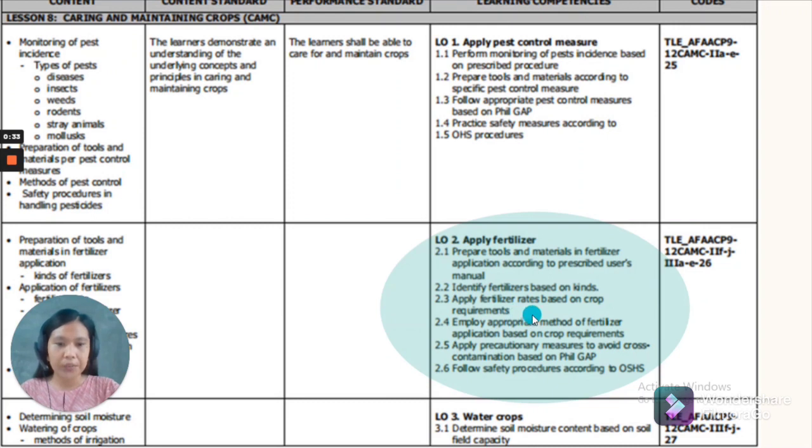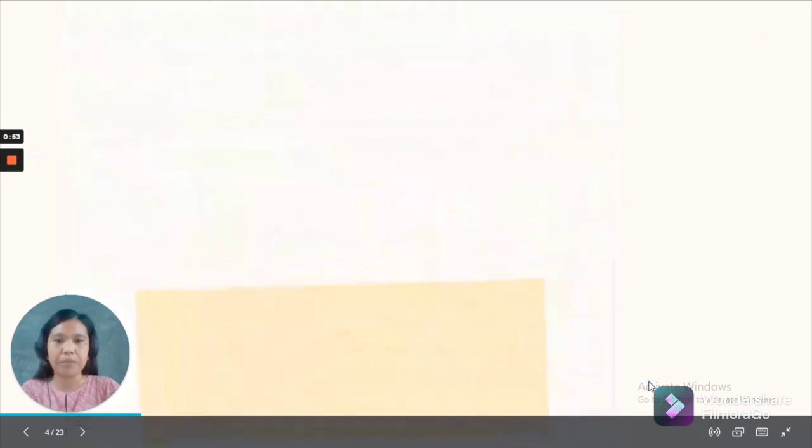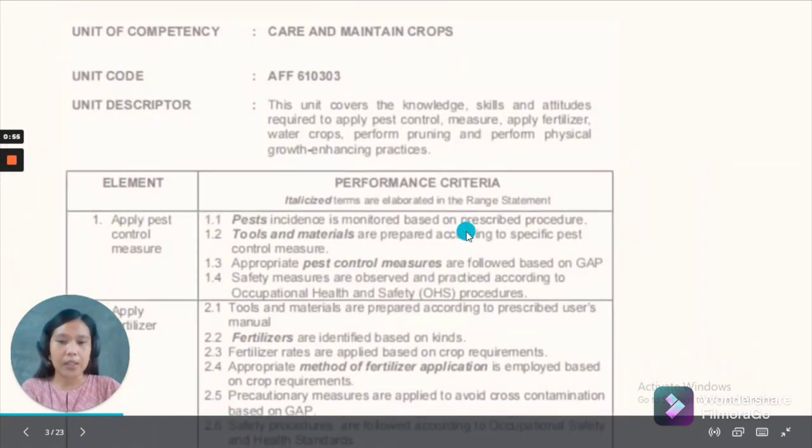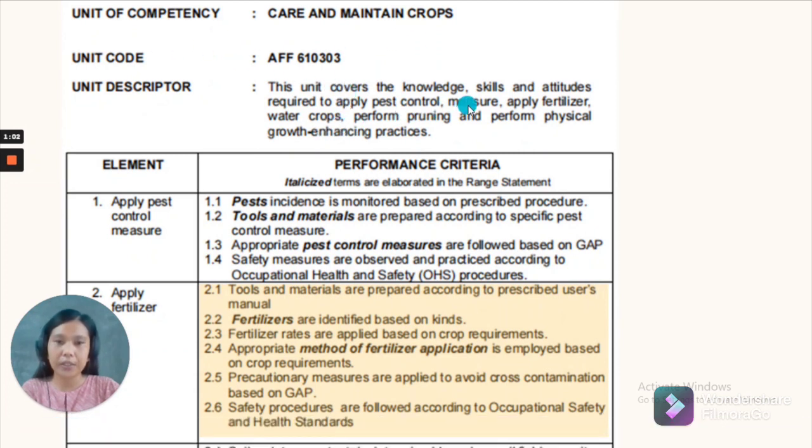3. Apply fertilizer rates based on crop requirements. 4. Employ appropriate method of fertilizer application based on crop requirements. 5. Apply precautionary measures to avoid cross-contamination based on field GAP and follow safety procedures according to occupational safety and health standards. So in RTR, we see the same thing, but the care and maintain crops competency covers the knowledge,